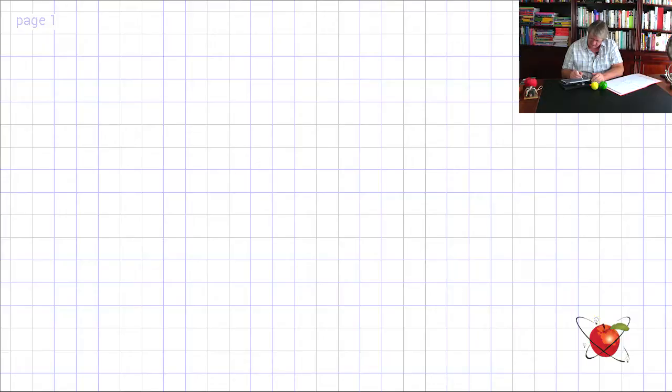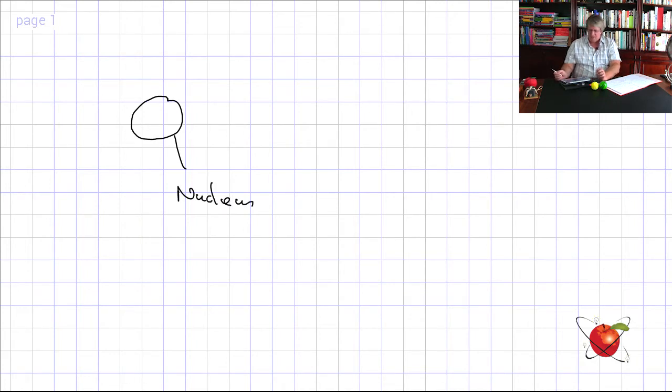Inside of this thing here, we've got the nucleus. Now the nucleus is, let's say, the core. Inside there, this is where we keep protons